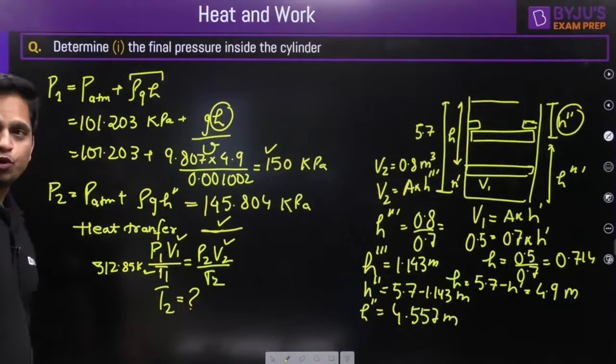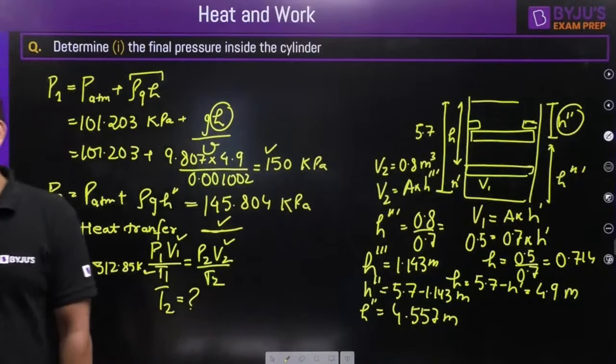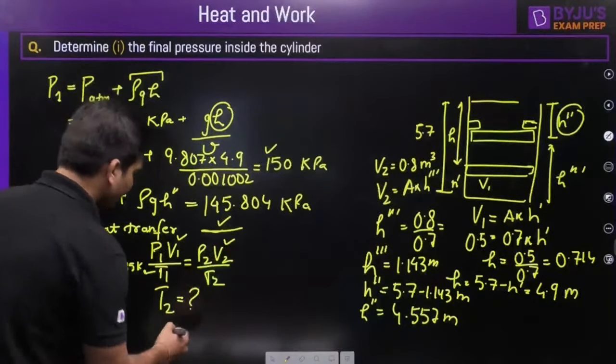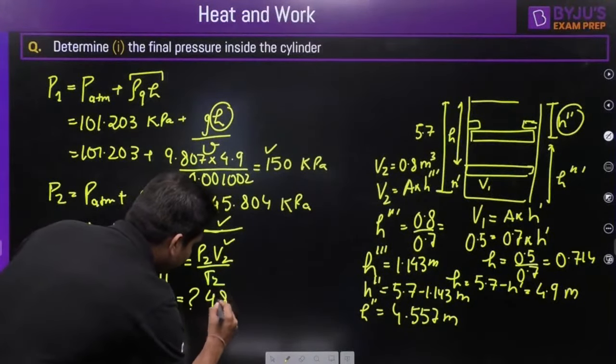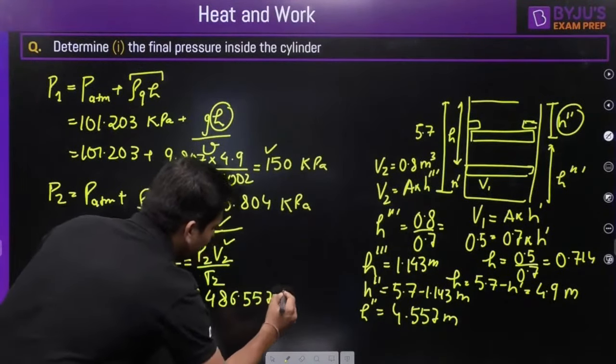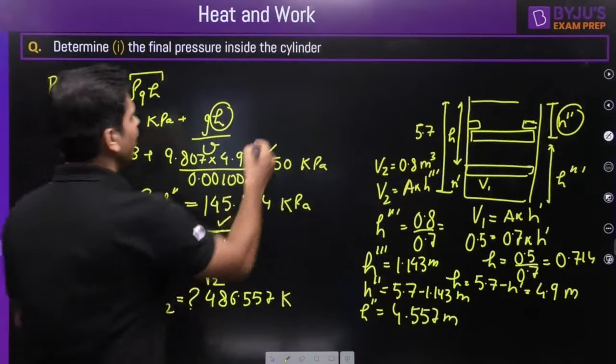How much is T2? Are you guys calculating? T2 is 486.557, absolutely correct. 486.557 Kelvin. But in the question he is saying that the T final